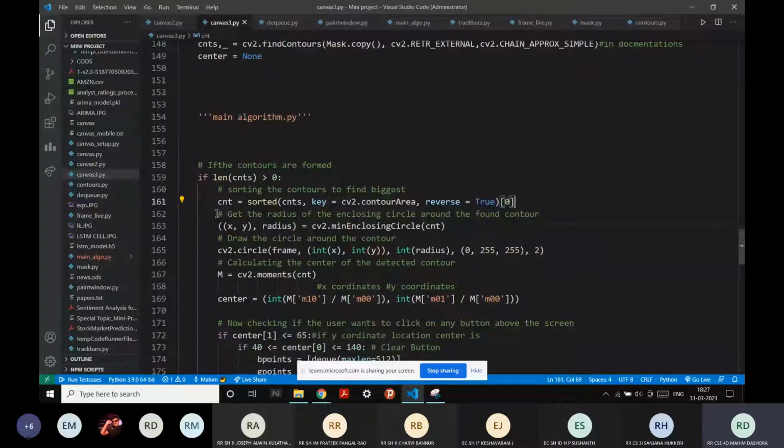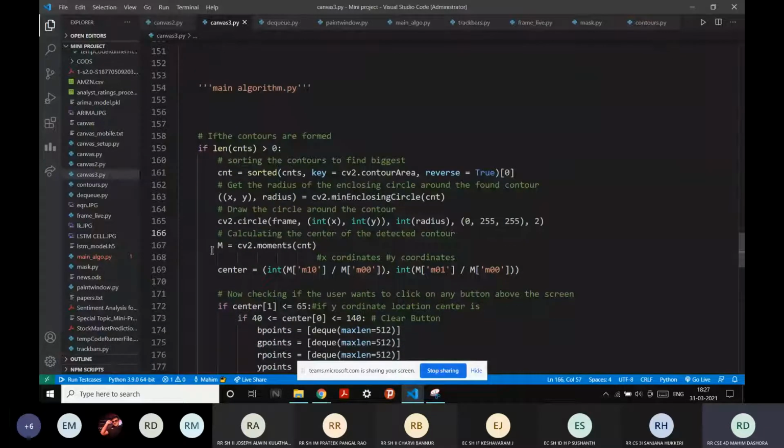And this is the portion where we'll be creating a circle around the contour, and we'll be defining a center. And as you can see here with the center, these are x coordinates. Why do we use M10, M00? It's just the procedure, it's in the documentation, why M was used.